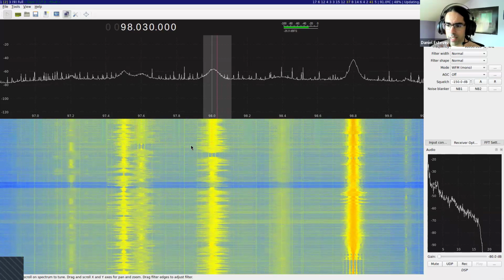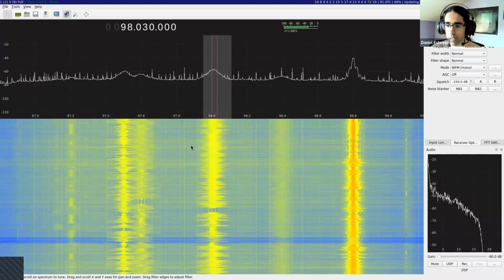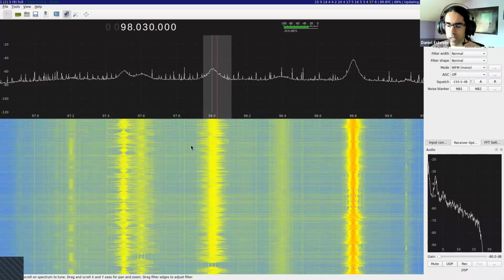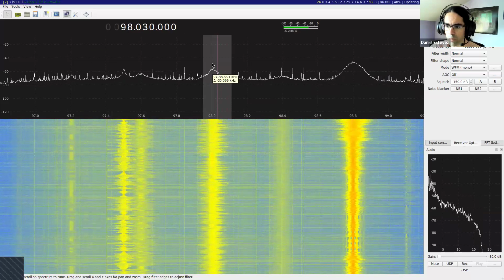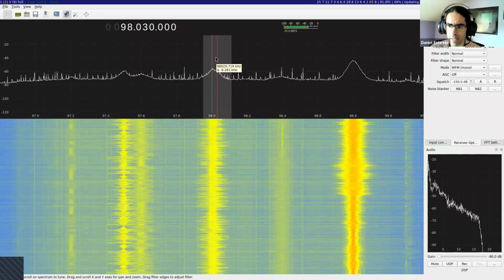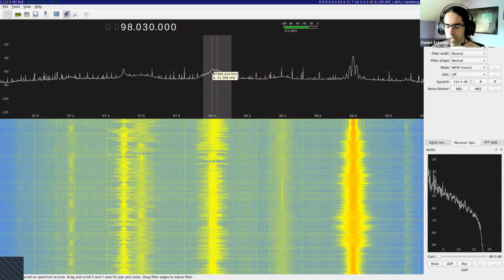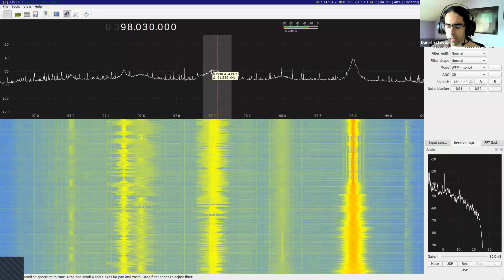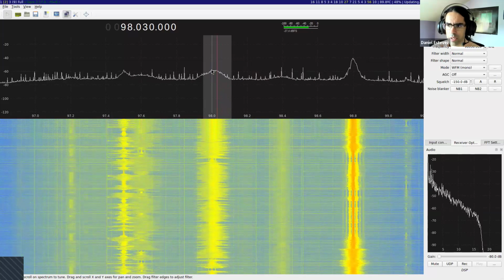So what it does is it performs a frequency shift in an analog way. It generates something called a local oscillator, which is a 98 megahertz signal that basically shifts all of this down to zero. It tunes at 0 hertz, or at DC, the station in the middle, or the frequency in the middle. And then what happens is that 0 hertz is something peculiar because if you think about frequencies,